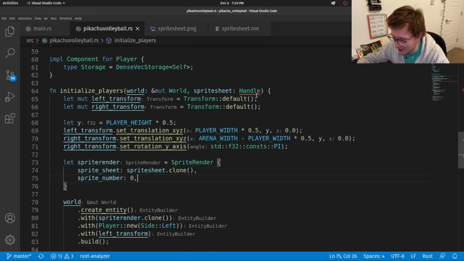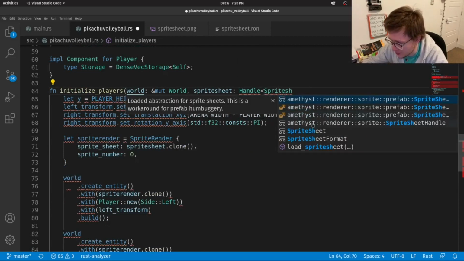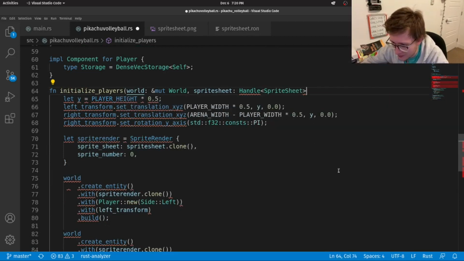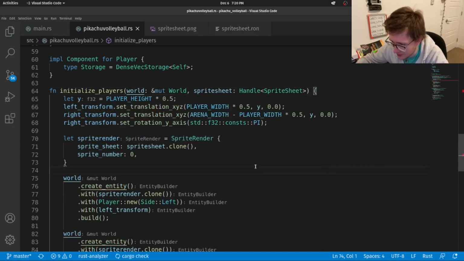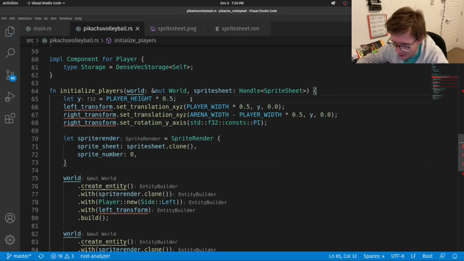And I note that we have an error. That's because this is a handle of type sprite sheet. Oops, did I delete stuff? Alright, that should be good. Oh no, did I delete stuff?